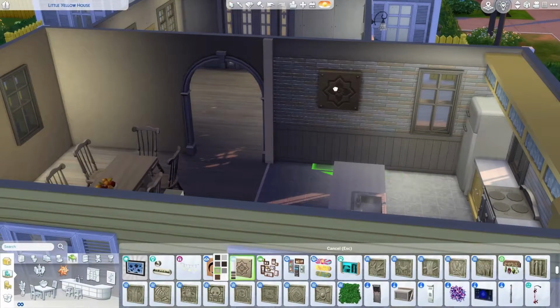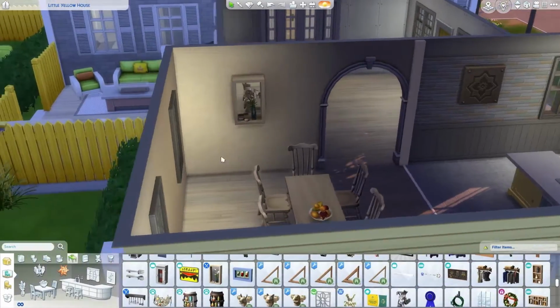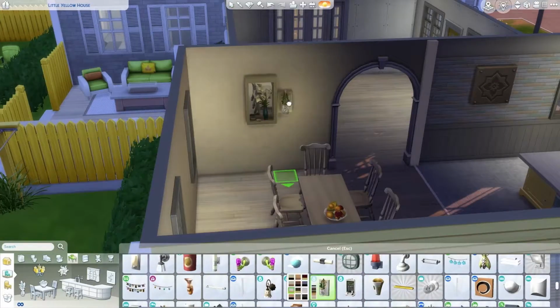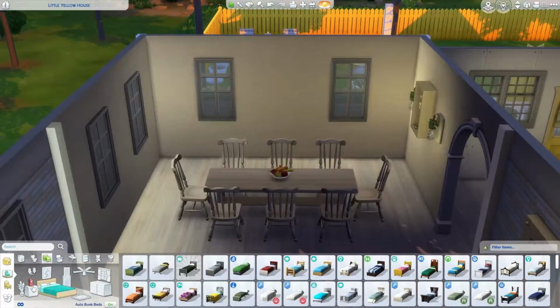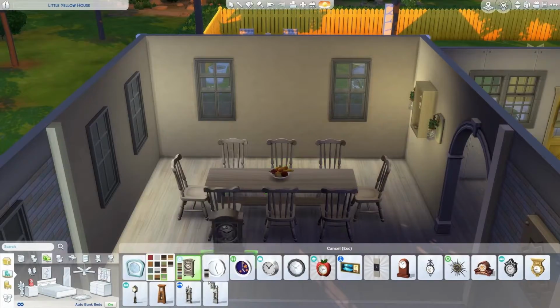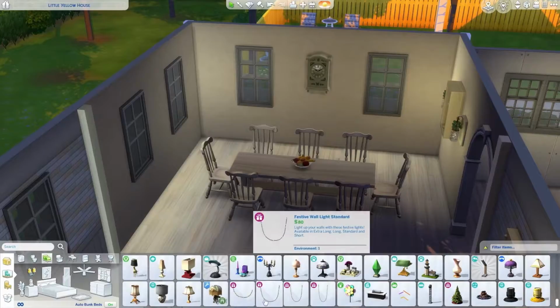And then I was trying to figure out what kind of wall art I should do in this home, and I really like this. It's the mirrored flowers, I guess. And then it's supposed to go in kitchens, so I figured in a dining room would be really nice. And then I didn't even know that they had this clock that came with Cottage Living, and I'm so excited about it